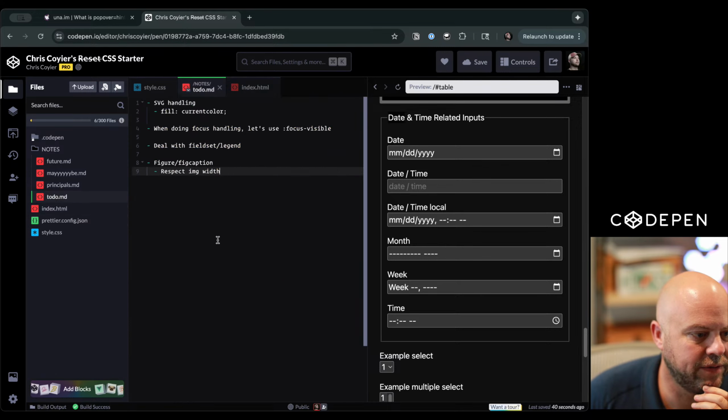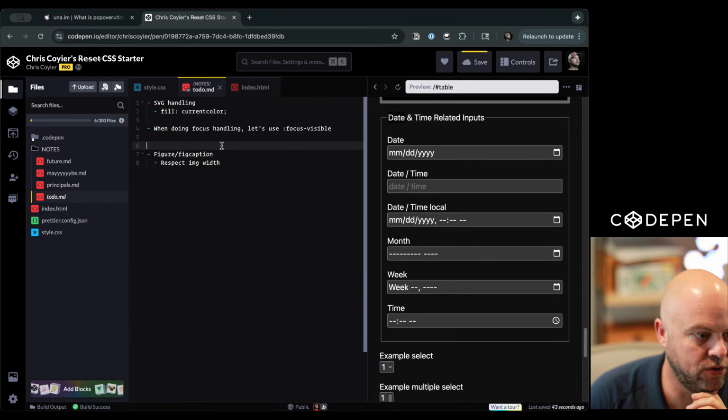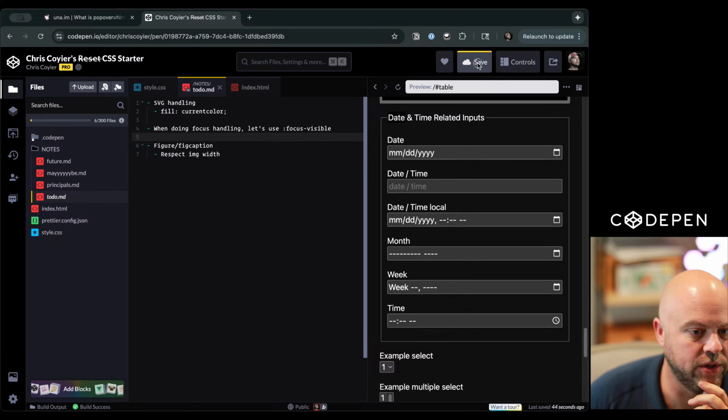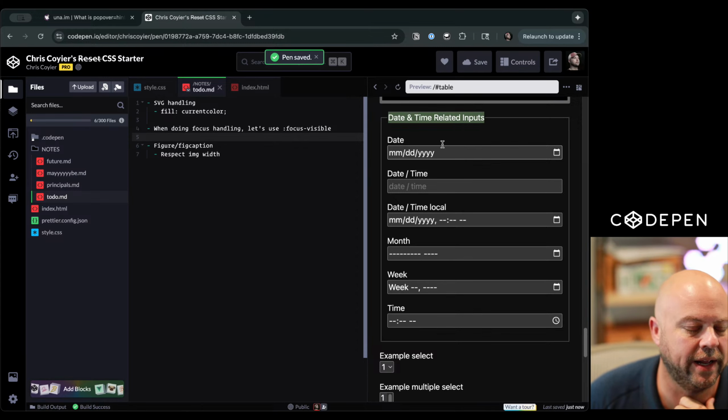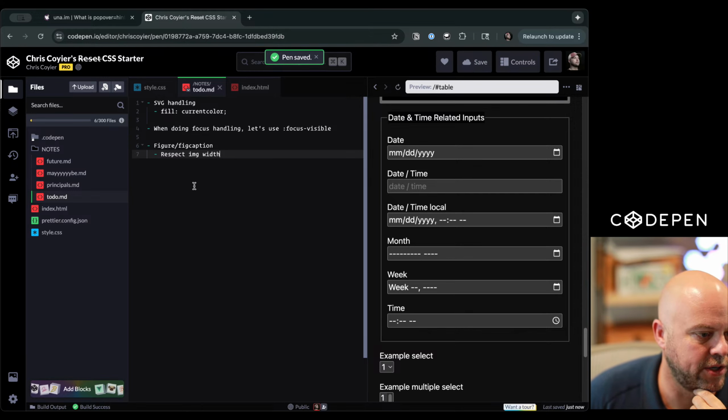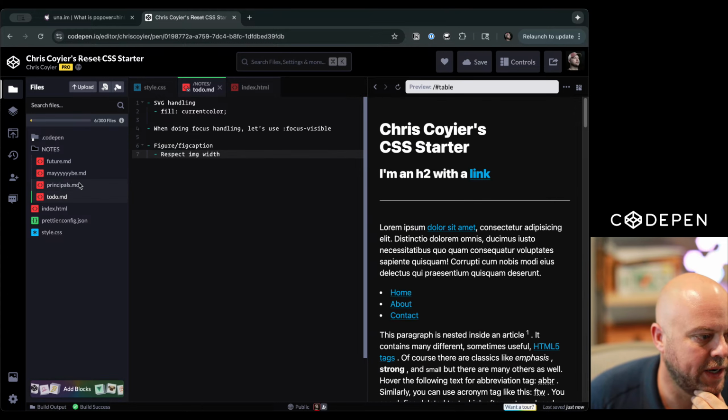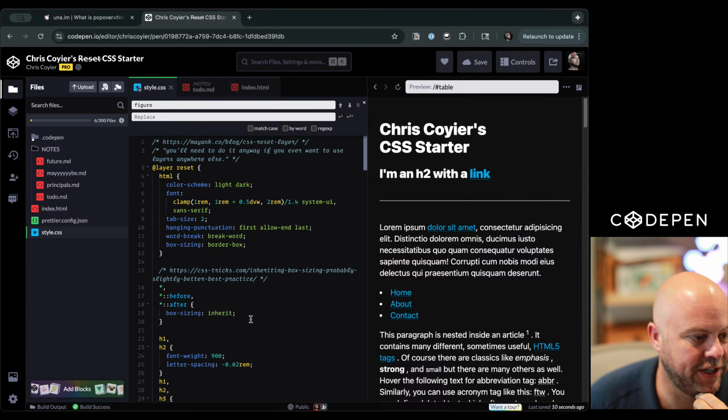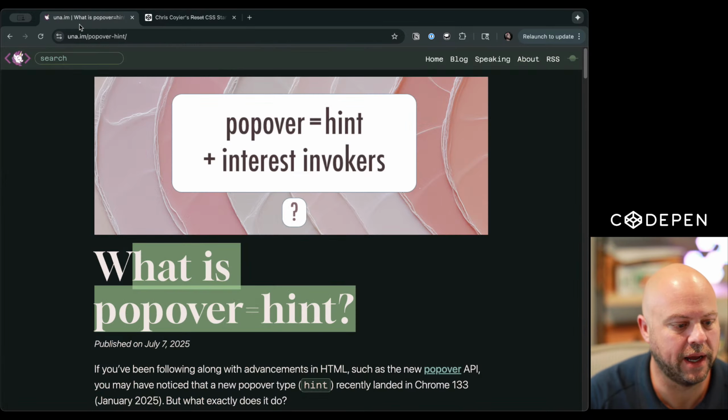On our to-do list of things in the starter, field set and legend, to me, seem just fine. And I know we're looking at just Chrome here, but I didn't see a lot in other people's resets about that. So I think that's fine. The to-do list is getting pretty small. Pretty good. I think we'll do a little bit of fig caption work, clean this up, and then start kind of writing about all the crap that went into this CSS starter. I'm actually like really into it. I think this is actually kind of a good CSS starter. The more we work on it, the more I think it's cool. But that is not what we're going to work on, because I want to look at